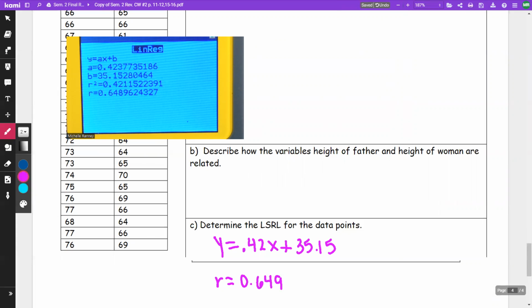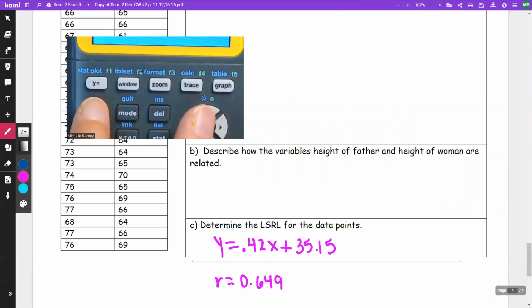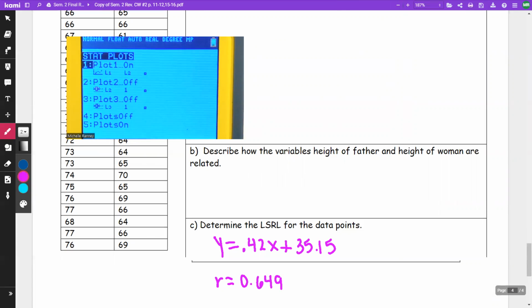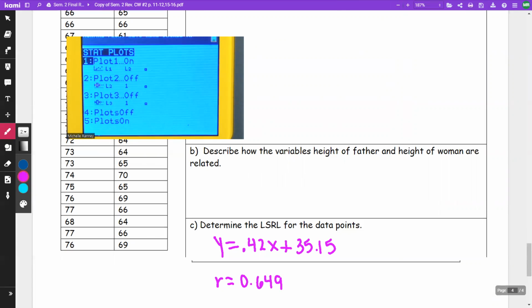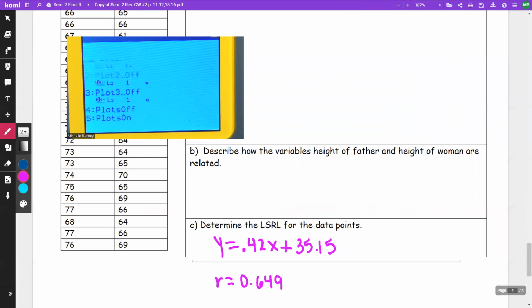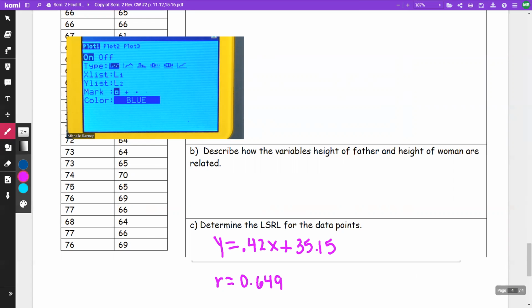Okay. Now, if I want to see the graph of this on my calculator, I'm going to press second and Y equals for stat plot. Okay. And so if your stat plot's not on, you want to turn it on. So I'm going to press number 1, mine's on. We want it on